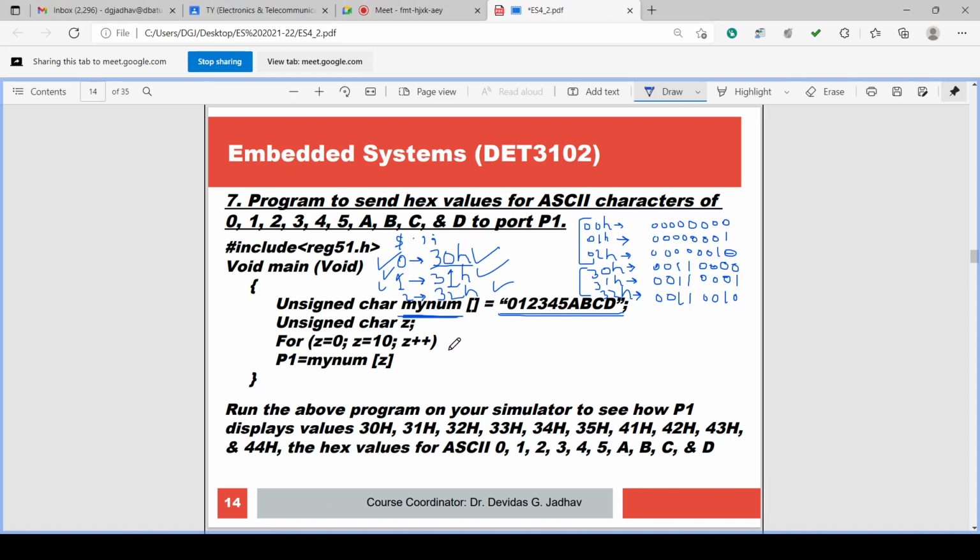There is no semicolon, meaning it considers the next instruction as part of it. And P1 equal to mynum[z], there must be a semicolon for this, otherwise it will give an error.